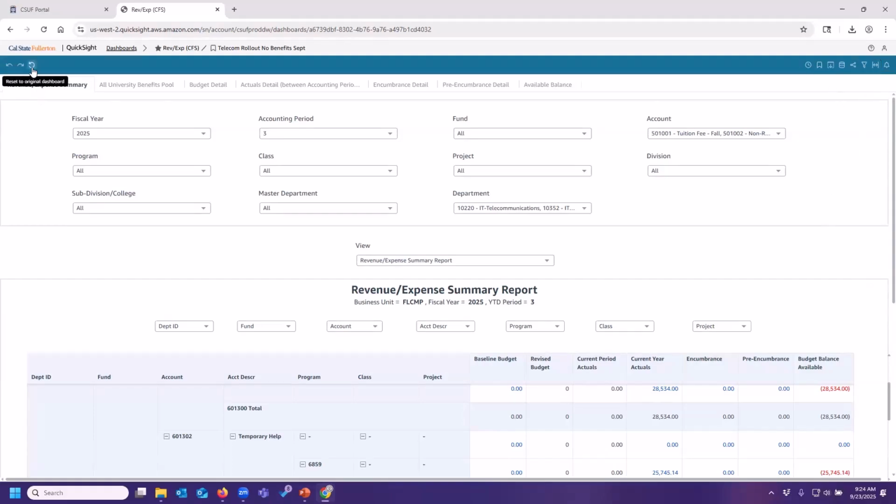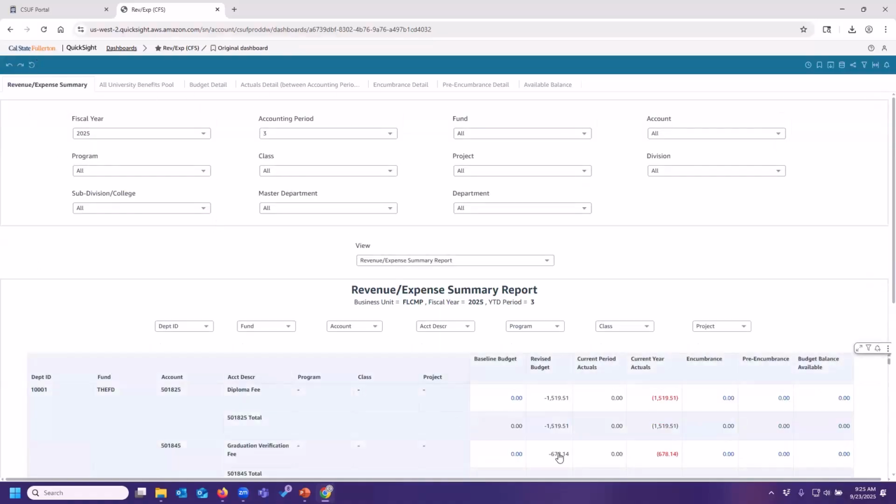And then lastly, we have reset to original dashboard. This is, I don't know what I did, but I want to go back to the default. And that will reset all of your personalizations and settings for it. Generally speaking, if you're seeing no data somewhere and you're not sure which filter it is that's doing that, this reset will help. Typically, especially with the revenue expense reports, it's the current fiscal year and the current month. So as long as you have some sort of transaction in the current month or prior, then you should see data here.